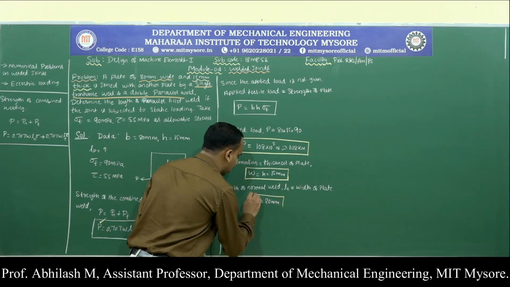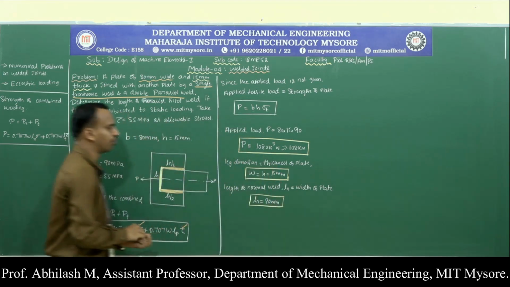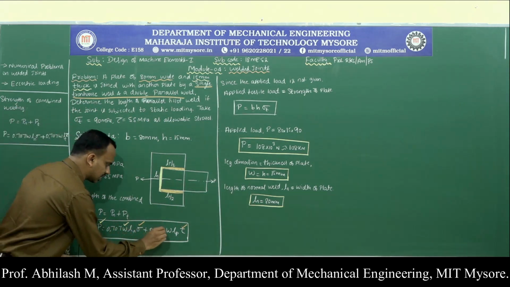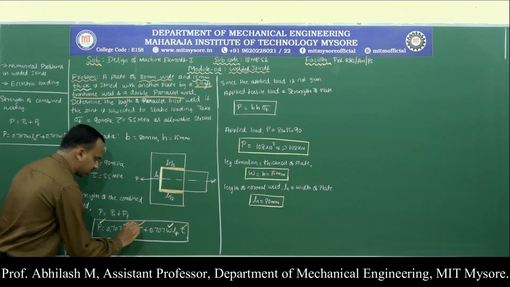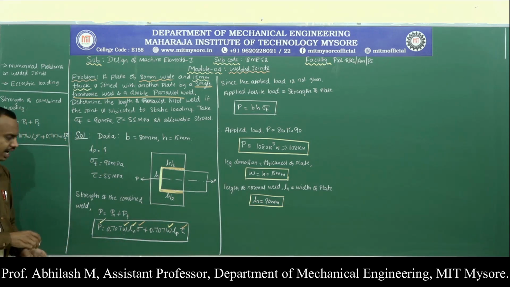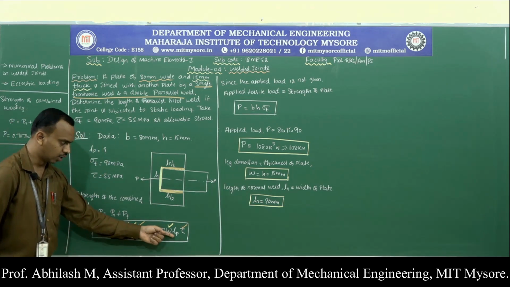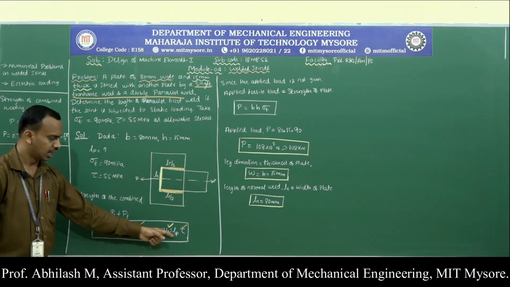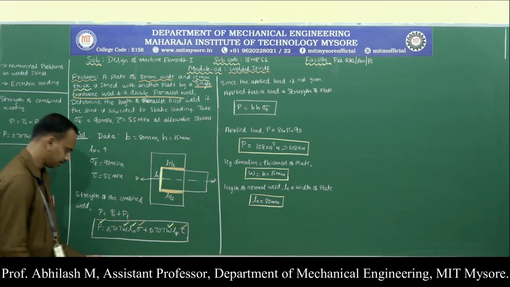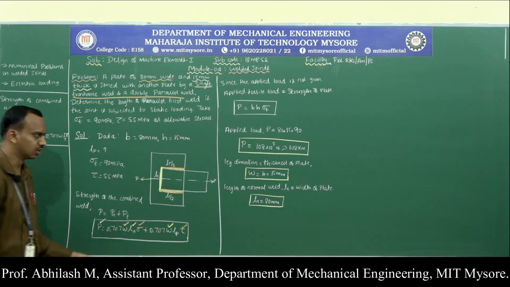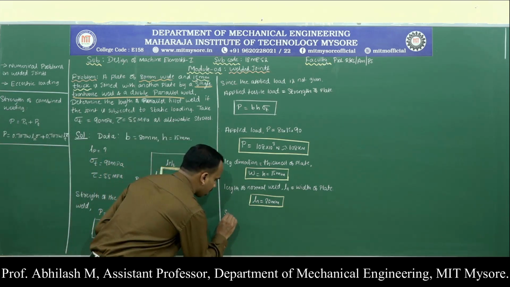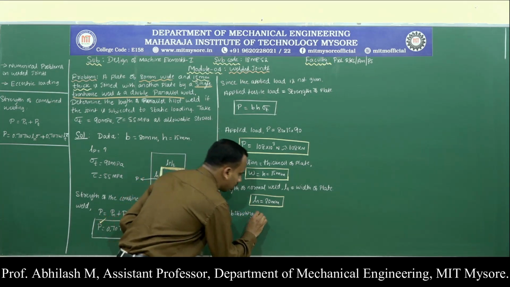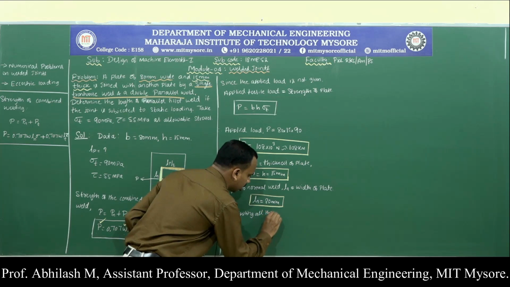So in the equation that we are supposed to substitute for the strength of the weld, now I got the value of the leg dimension, that is W, as well as the length of the weld Ln. So in the entire equation, the only unknown is the length of the parallel weld, that is LP. We can calculate that. Substitute all the values. So substituting all the values in the equation,